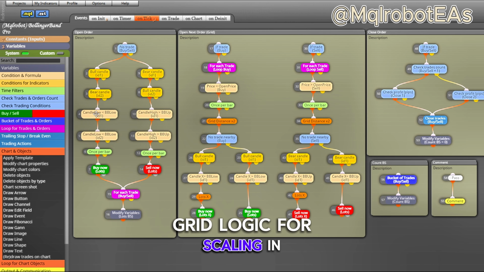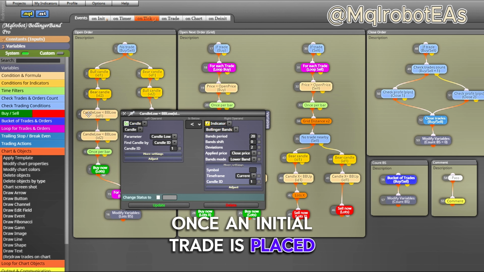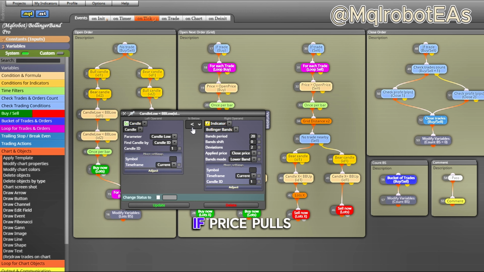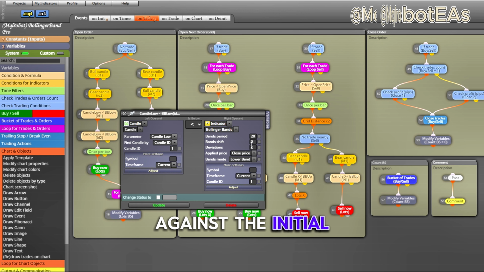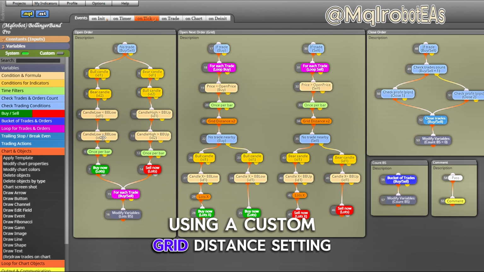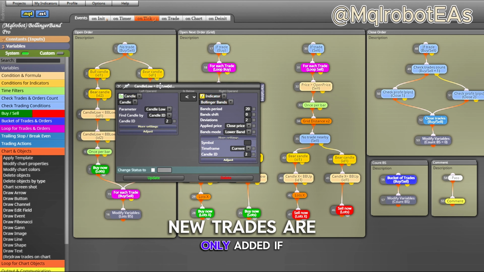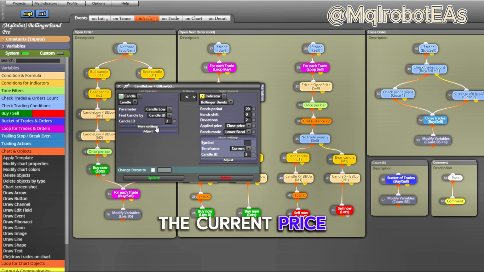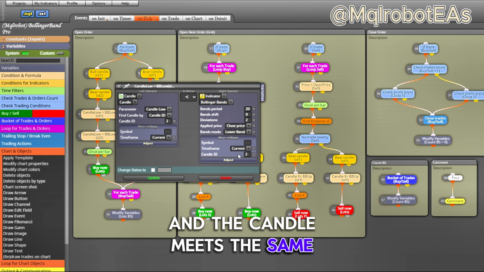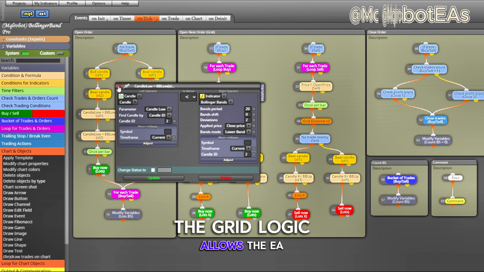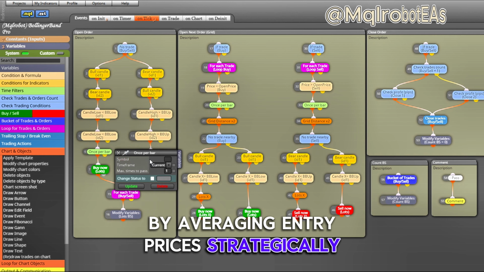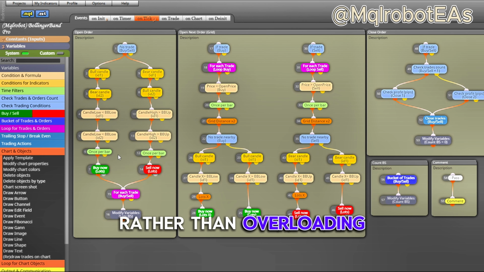Grid logic for scaling in. Once an initial trade is placed, the EA uses a grid-based system to manage re-entries. If price pulls back or moves against the initial trade, the EA checks for spacing between trades using a custom grid distance setting. New trades are only added if the current price is favorable, there are no trades nearby, and the candle meets the same breakout criteria. The grid logic allows the EA to handle volatile markets by averaging entry prices strategically, rather than overloading with random